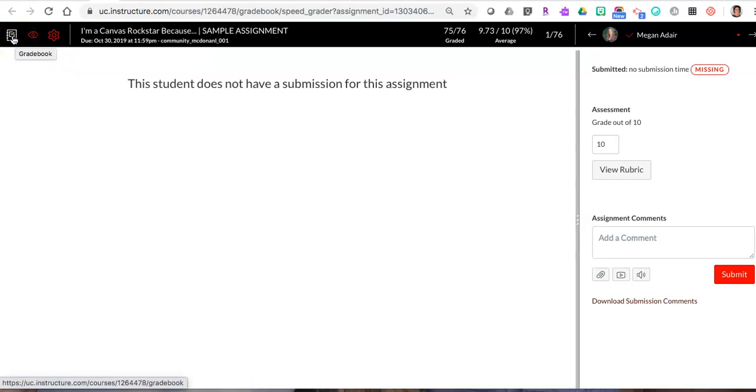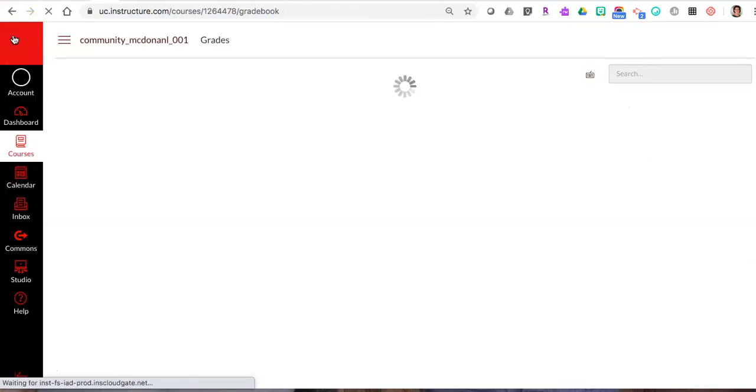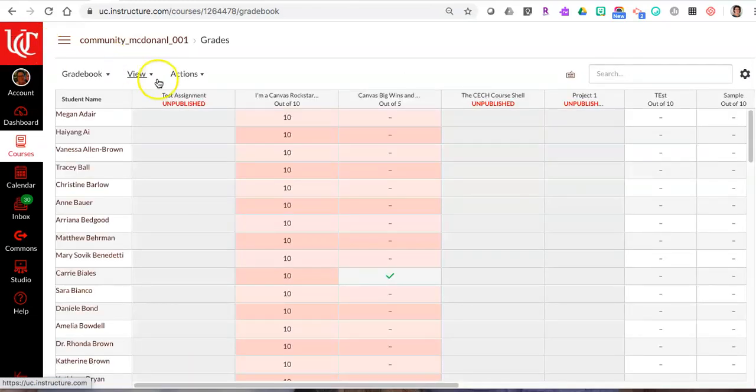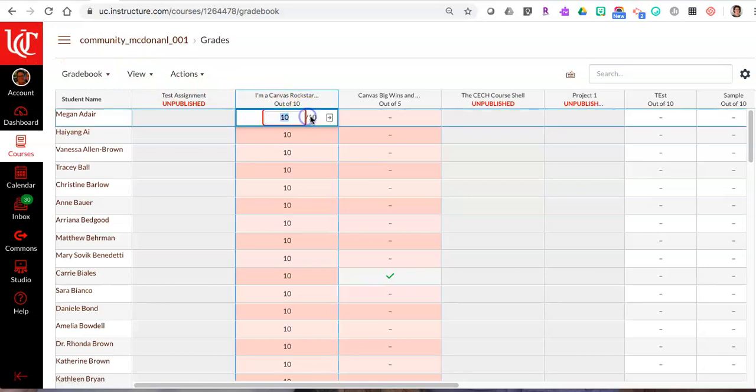But once you get into SpeedGrader, a lot of instructors are confused about how to get back to their course or back to their gradebook. So if you go to the upper left, you'll see this icon that takes you right back to your gradebook from the SpeedGrader. So now I'm back in my gradebook, and I can also access SpeedGrader from here